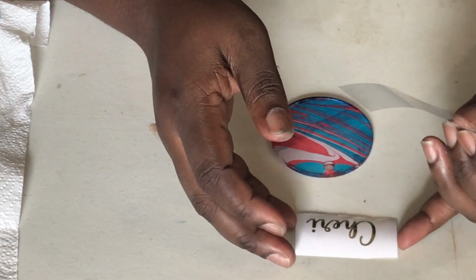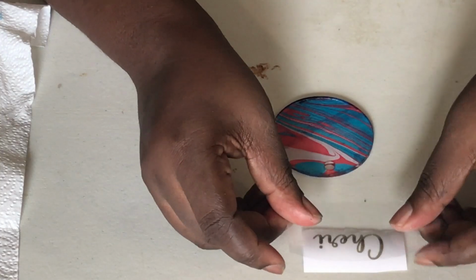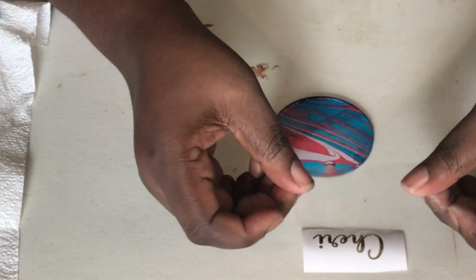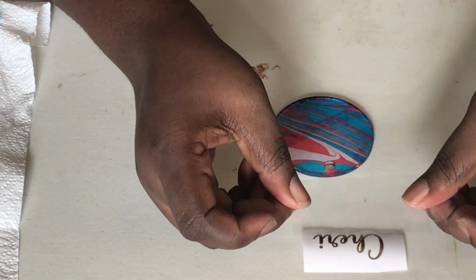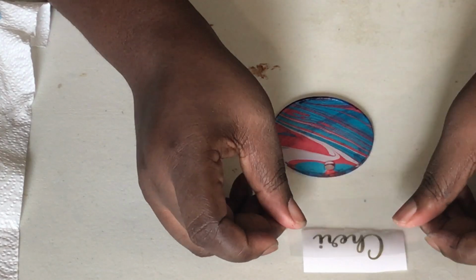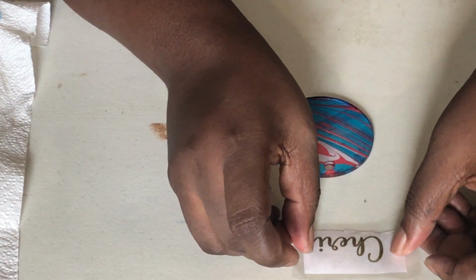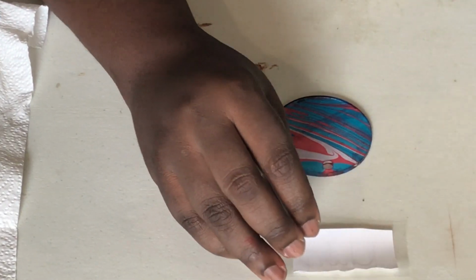After you've done that, with your decal facing you, go ahead and lay your clear, transparent transfer tape, and I'm pulling it taut. I don't know if you can see it because it's clear, but I'm pulling it taut and I'm laying it right over the top of my name, okay? And then I'm gonna turn it over